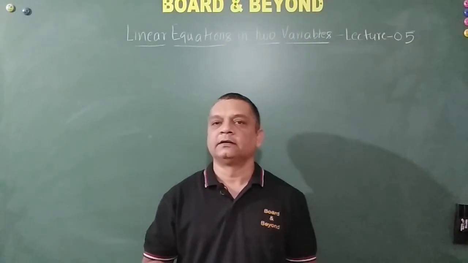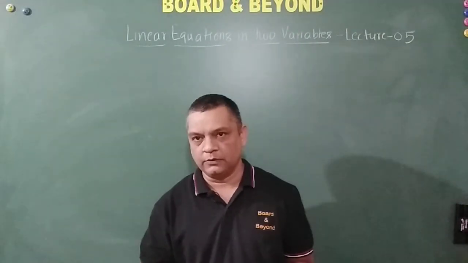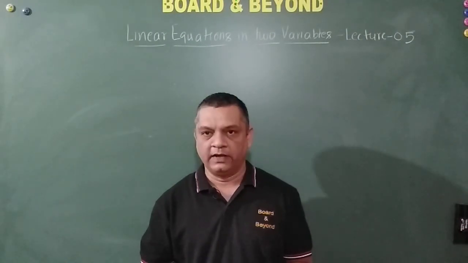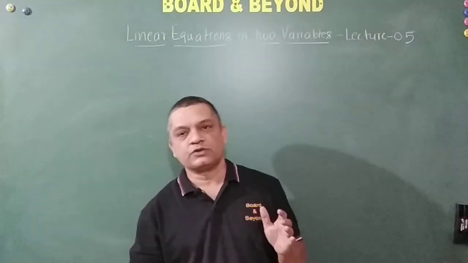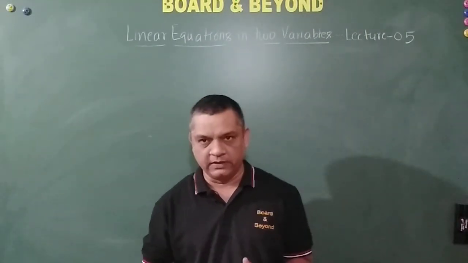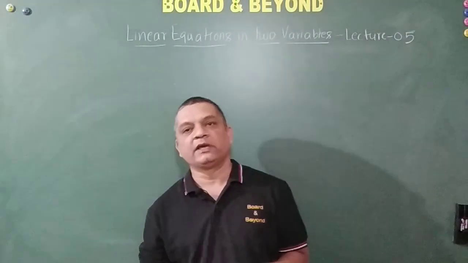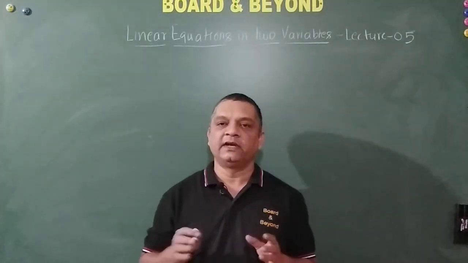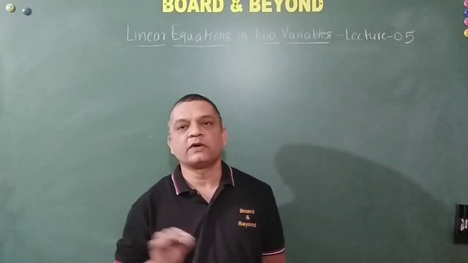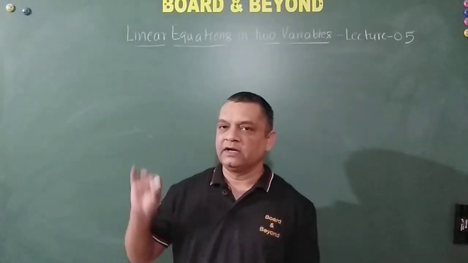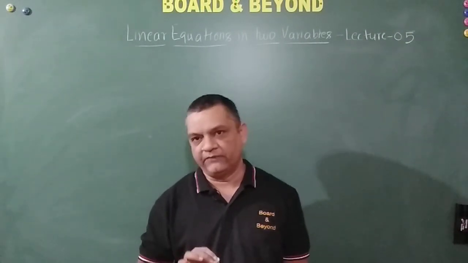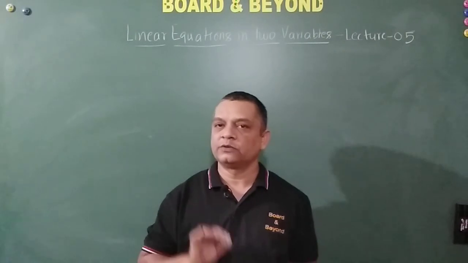We are learning linear equations in two variables now. We have seen up to lecture number 4 here. What we have understood is how to use the elimination method, the substitution method, and the cross multiplication method to solve a system of simultaneous linear equations. There is one more important concept which I will cover, and then we will move on to word problems. So let us get straight on to the topic.